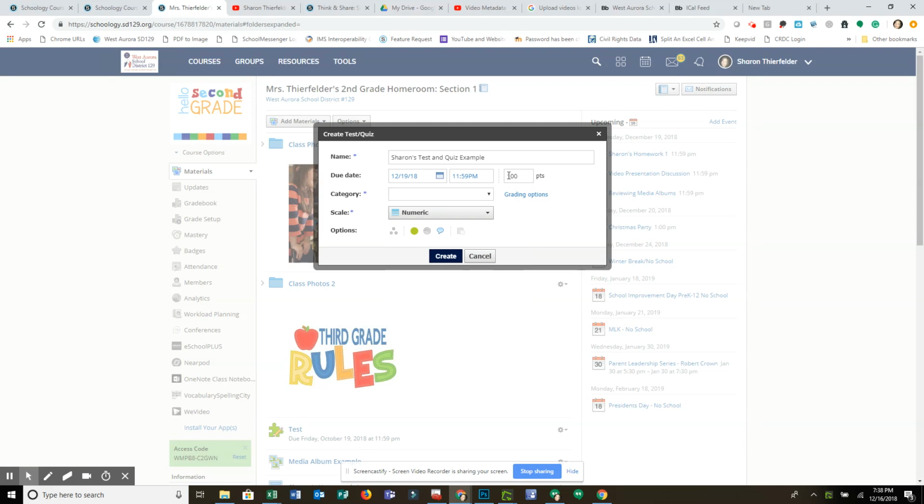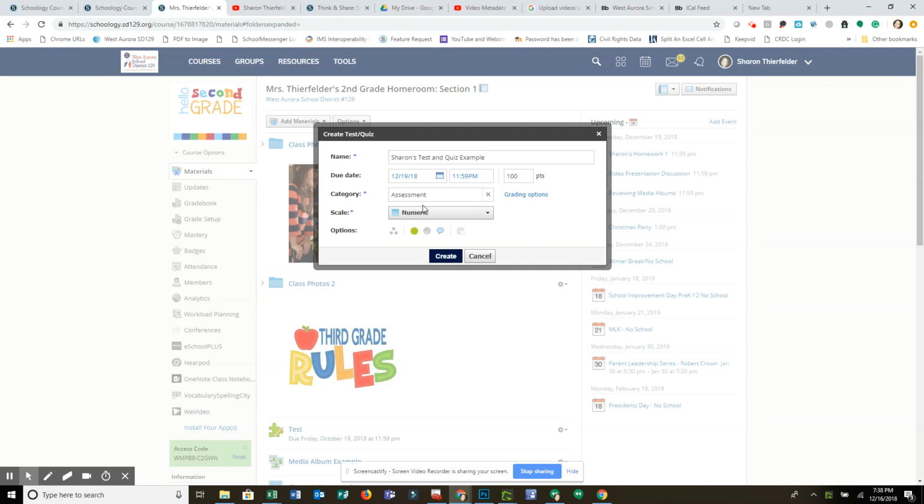And I'm going to make this test worth 100 points. Now I can always adjust that later if I need to. I'm going to assign it a category. I have one in Schoology already called test, but if I wanted to create a new one, I would simply create new category, and then I could call this assessment, for example. Now just make sure if you're adding a new category that you also have created this category in eSchool, and of course that you've mapped your configuration to link those categories so that the score will flow to your eSchool